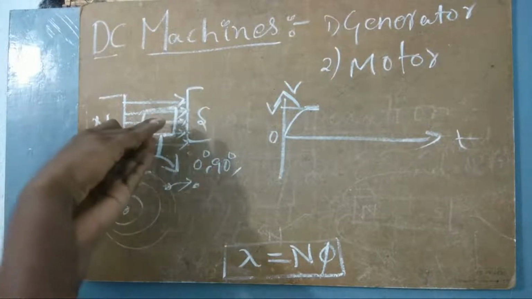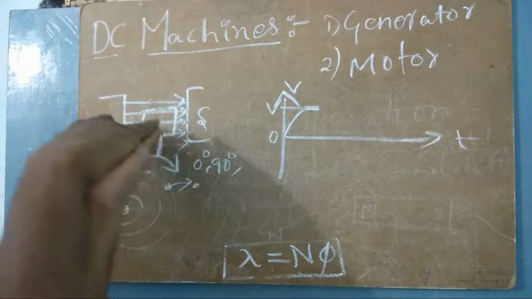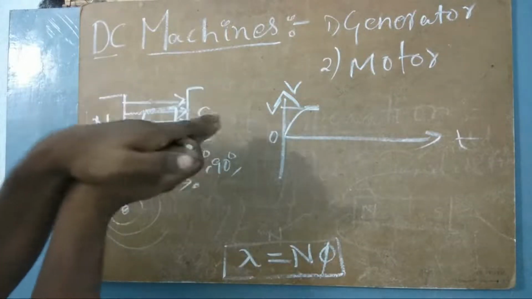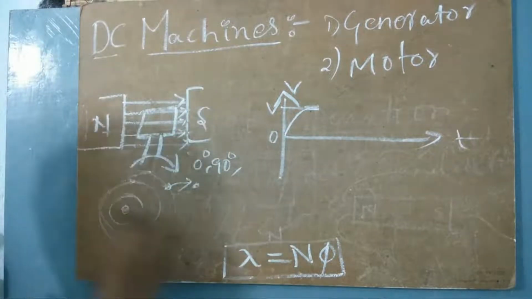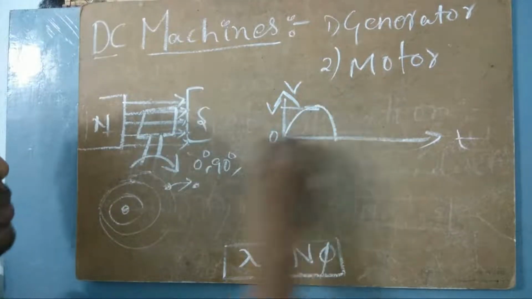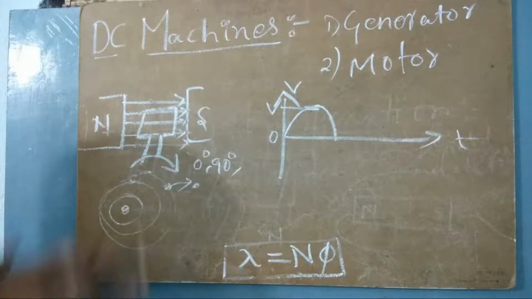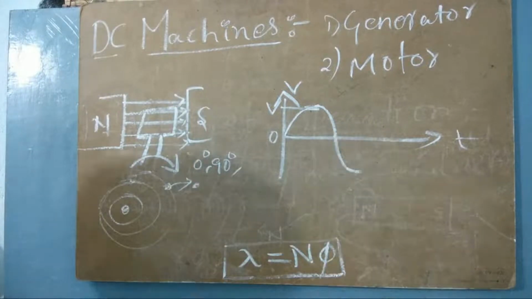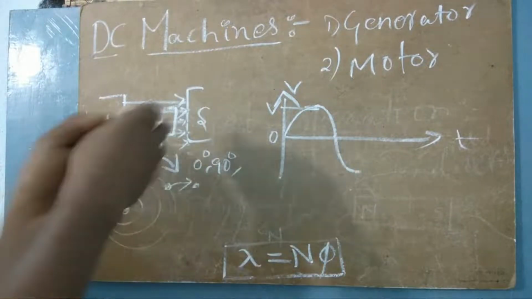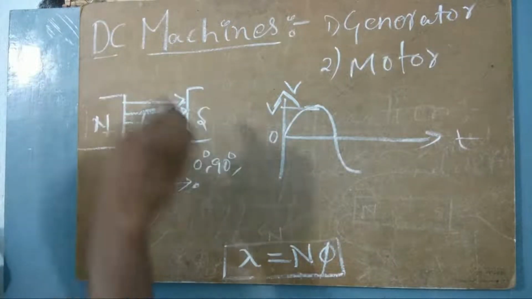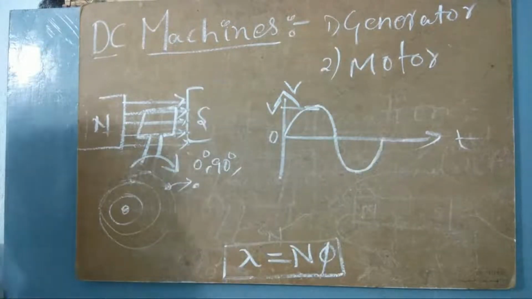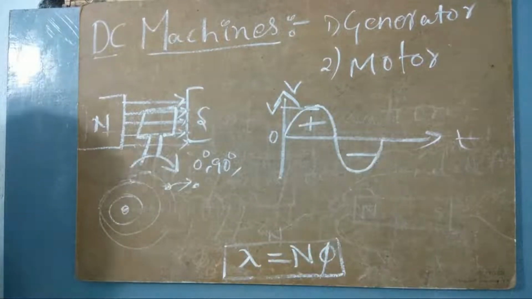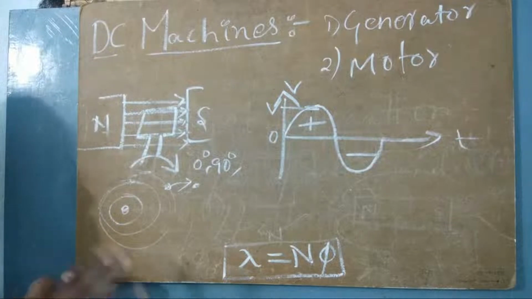Now the angle of this conductor is like this, and if I rotate even more than 90 degrees, it becomes 180 degrees again. That means it is at rest again, so it is not producing any voltage, because it comes to 0 again. Then I turn it another 90 degrees, and it will produce a negative voltage. And again I rotate even more, and it comes back to the previous position. So the same conductor is producing one positive cycle and one negative cycle. This is how electricity is produced in a generator.